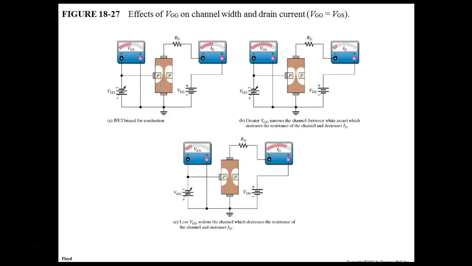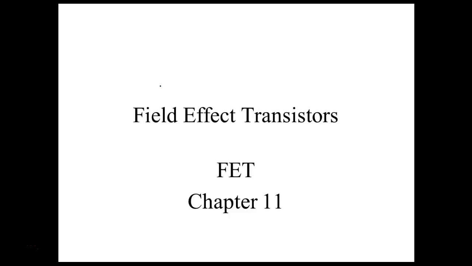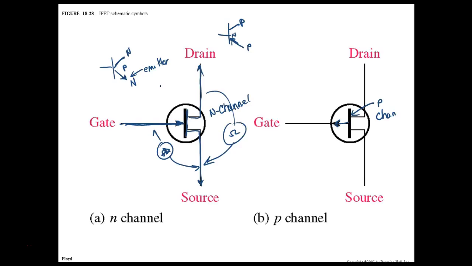So the gate would be P, and then the channel would be N. So if I was going to check that junction with an ohm meter, then this is the P, and the channel is the N. So what we would do is put our plus here, and our minus there. And what we should read is approximately 7/10 of a volt,